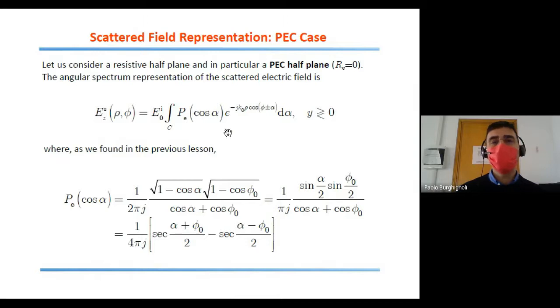By linearity, the scattered field will also be proportional to the amplitude of the incident field. And we have a double sign corresponding to the two half spaces above and below the sheet. Now, in the previous lesson, we were able, by means of the Wiener-Hopf technique, to find an explicit expression for the spectrum P sub